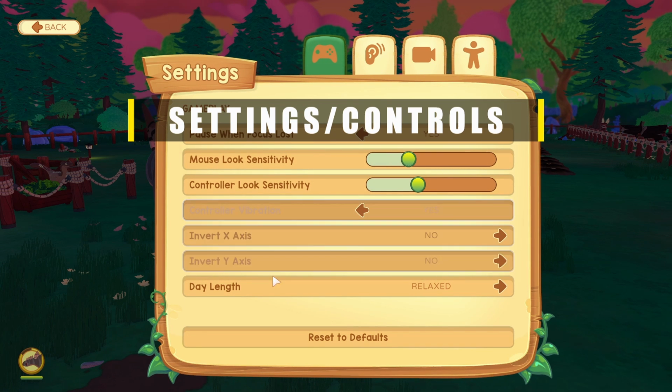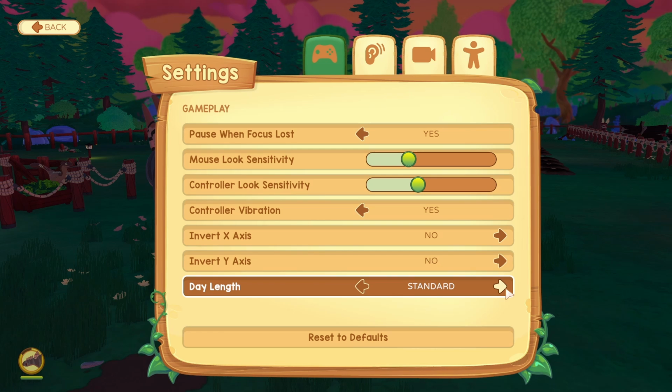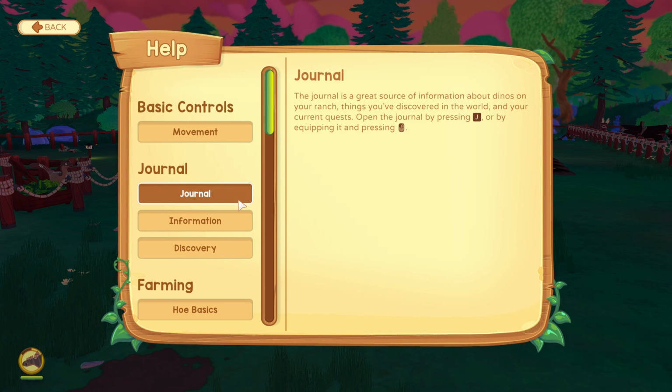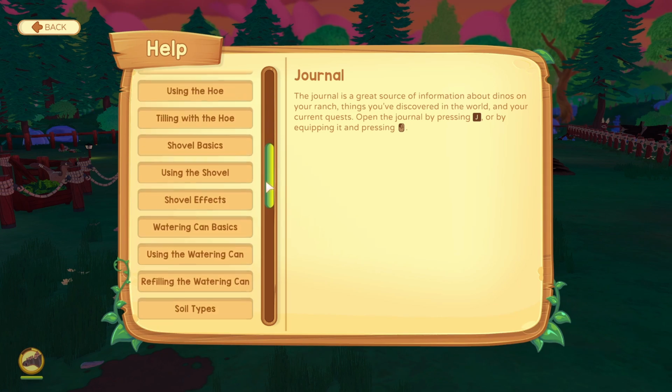You can change the speed of your game by going into your settings. Under gameplay, you can change the day length to relaxed, standard, or rush. There are also a few keyboard shortcuts you can use to play more efficiently. If you are playing on console, make sure to look in the help menu so you can find the console-specific